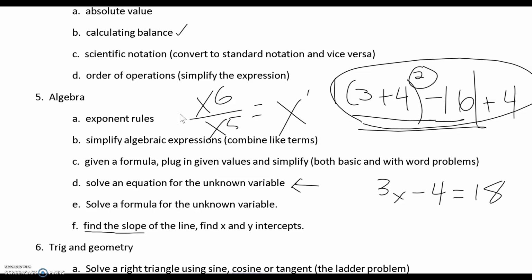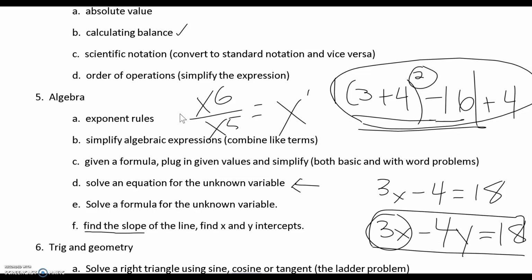But we could also do this. Let's say it was 3x minus, you remember these ones are always tricky. I throw in another variable and ask you to solve this for y. So to solve that for y, the idea is the same. You're going to subtract this over, but you can't subtract 3x from 18. It'd be 18 minus 3x. Then you divide by -4, right? We call those formulas, and there's a lot of other letters other than x or y. Sometimes you'll plug in values to those formulas, and sometimes you'll just have to solve them like this for the